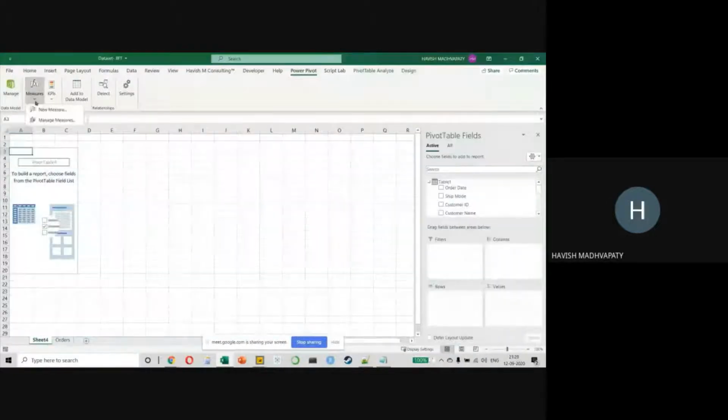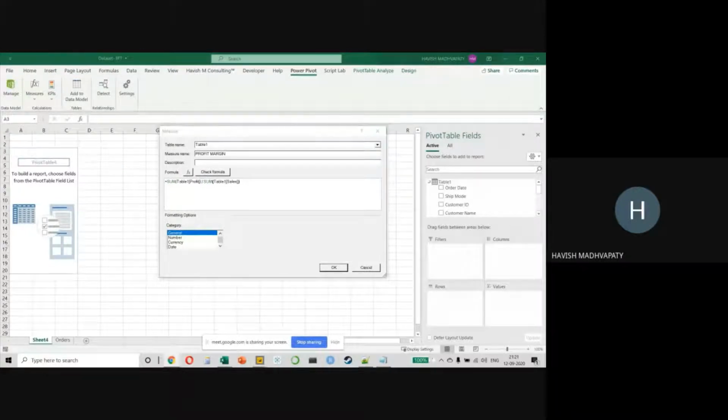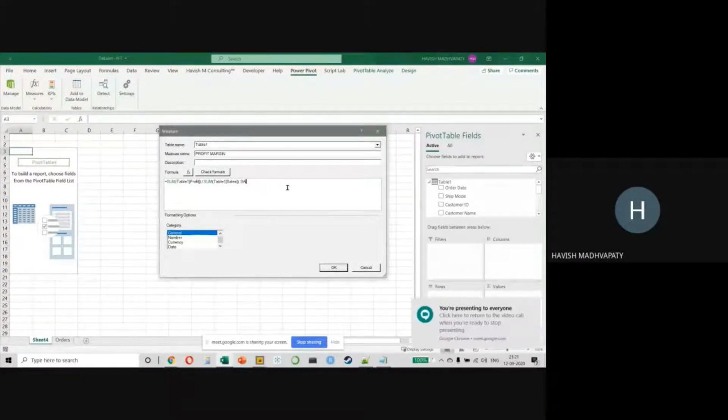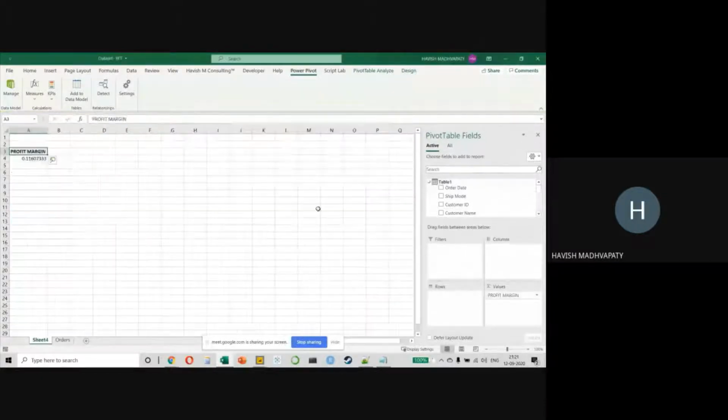We will click on measures, new measure, and I'll create something called profit margin. And this would be very simple. This would be the sum of my profit divided by the sum of my sales column. Remember, the functions that we are using here might have some similarity to Excel, but this is a completely different language. Like you will have functions like, look at this one, it's called same period last year. Clearly you don't have this on Excel. You have something called related table, which is not available on Excel, right? So I create this, and when I click on OK, let's see what happened.